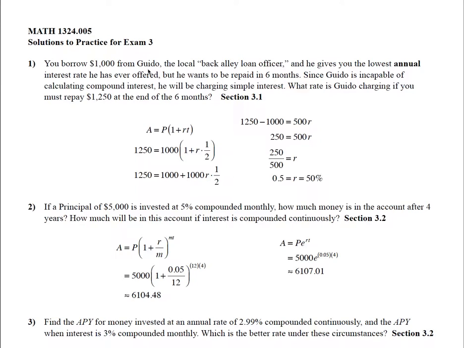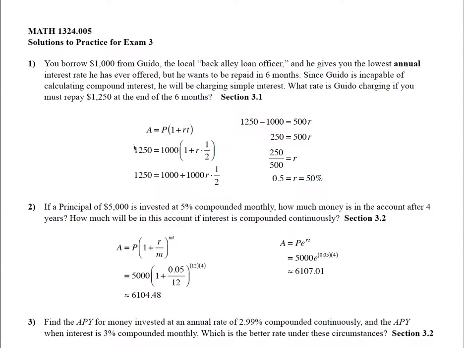From Guido, who is probably a sketchy character, and he's giving you the lowest annual interest rate he's ever offered, but he wants to be repaid in 6 months. Now, what is 6 months in terms of time? 6 months is a half a year, so we have a half in here for our t. Now, he can't calculate compound interest, so he'll be charging simple interest. That's probably not the only reason he's charging simple interest, but anyway, we want to know what rate he's charging